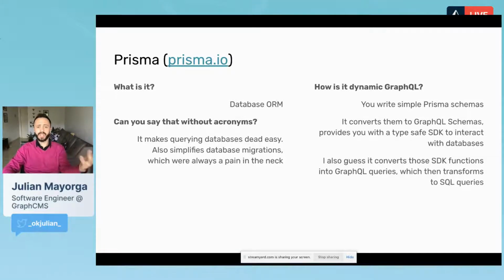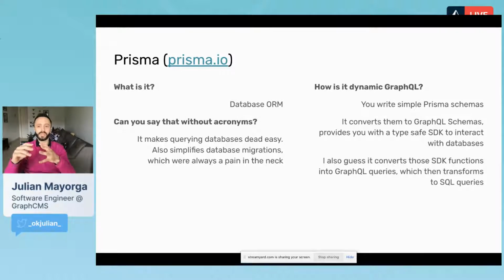But you write these really easy to write and readable Prisma schemas. And I guess it converts them to GraphQL schemas, giving you a nice type-safe SDK to interact with databases. So I think that leverages GraphQL. Again, this is just a guess, but it's also a nice thought exercise of how you can use GraphQL in there.